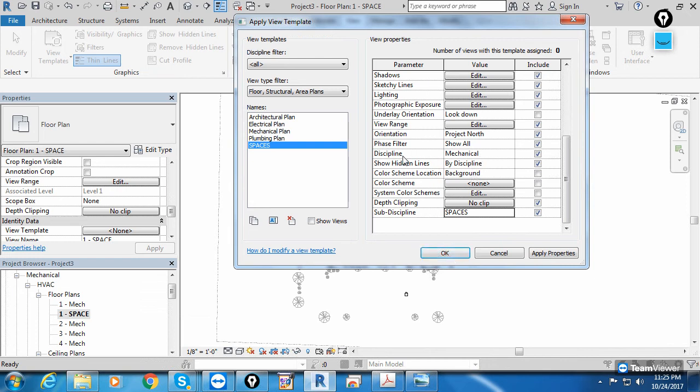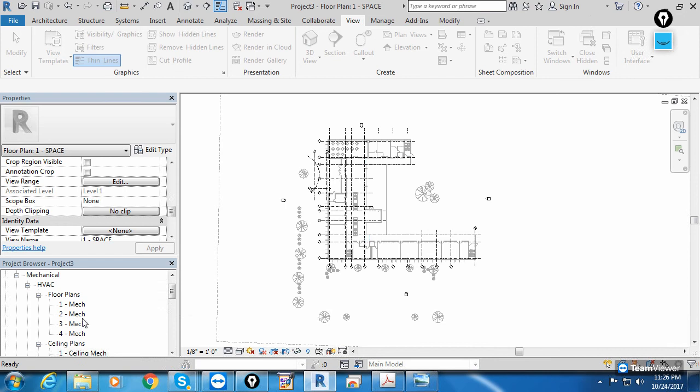And if you want, you can change other options also, like discipline. Suppose this belongs to mechanical, electrical, so you can change to electrical. So when you apply this view template, automatically this location will also be set, and we can save time, right? So the multiple options you can change manually in the properties, or else set them in the view template, and when you apply the view template it will change. Or else if in the view template you set none, then manually we can change, and after applying the view template the location will not be disturbed. Okay, but at present, mechanical spaces for spaces, the new template, and click OK again.